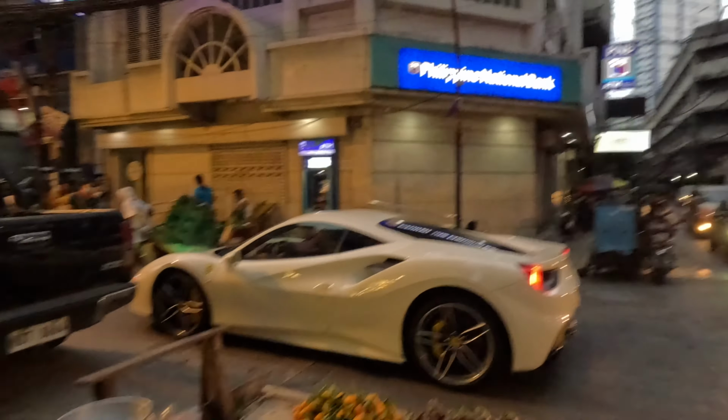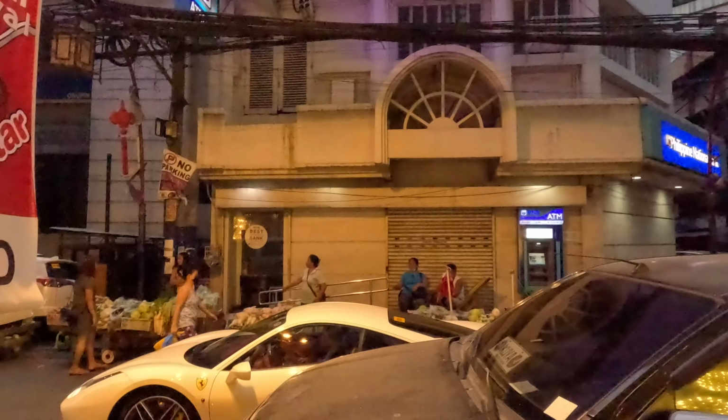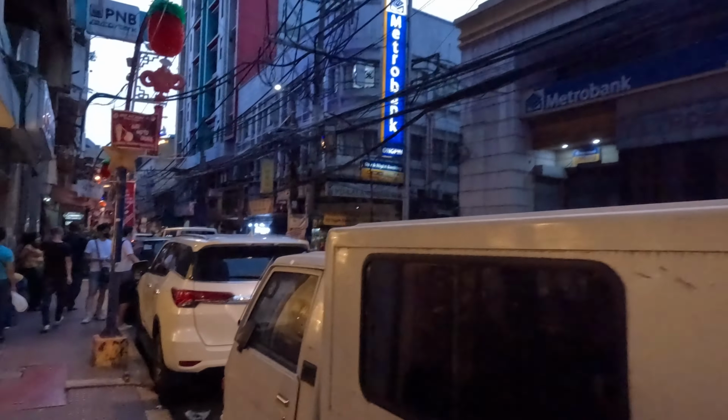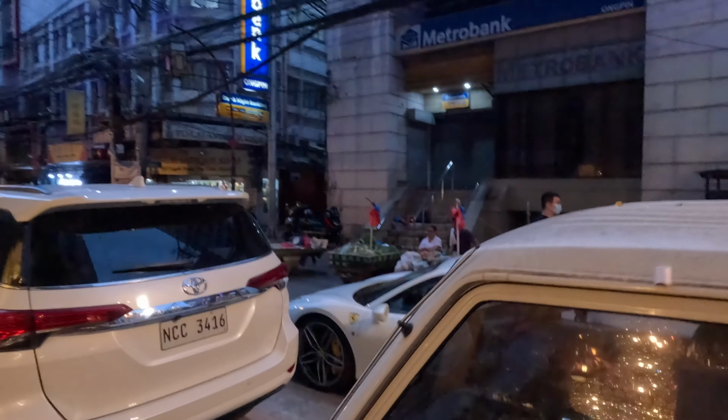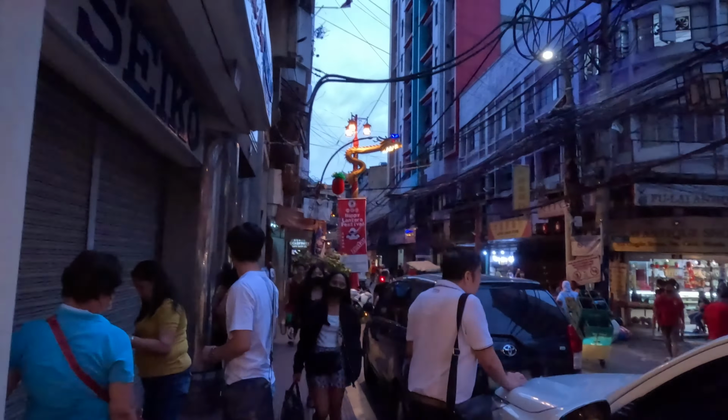Small places and these small roads, we have a Ferrari just pop up from nowhere. The roads are so broken here, and they're such tiny roads, and he's still coming with a Ferrari. He can just scratch it up, easy peasy. Anyway,